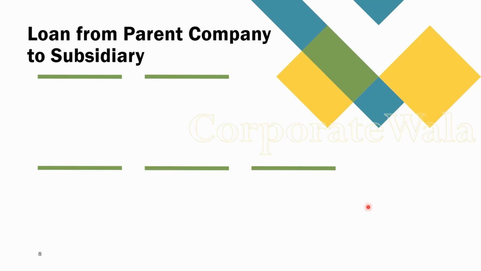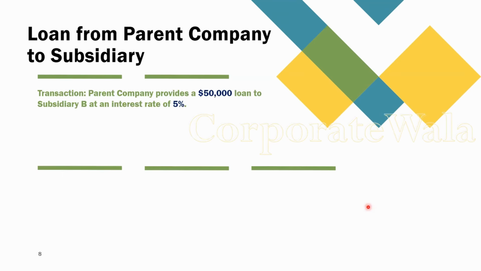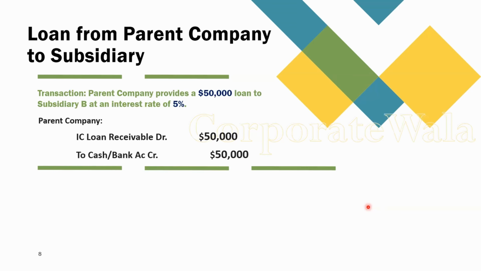subsidiary company, which you can also call an intercompany loan. So our transaction is parent company provides a $50,000 loan to subsidiary B at an interest rate of 5%. So in the books of parent company, what will be our journal entry here? For parent company, they are giving a loan, so their cash will be reduced and they will create an asset of intercompany loan. So what will be our entry here is intercompany loan receivable account debit to